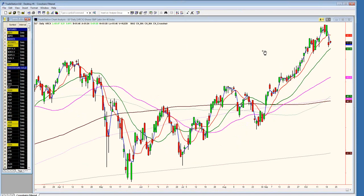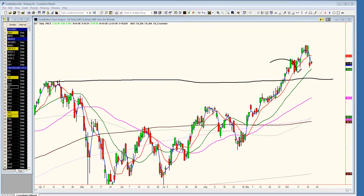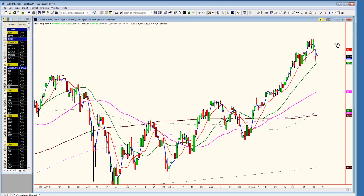Let's look at one or two more. The ILF, see? Nice move on ILF. Latin America ETF. Broke out here, came back, rested a little bit, went up. Now it's just struggling with the general market. Really needs to come back according to the candle count that we look at. Would really like to see it stabilize right here around this green and red moving average here and then head higher. So those are some of the stocks we're looking at